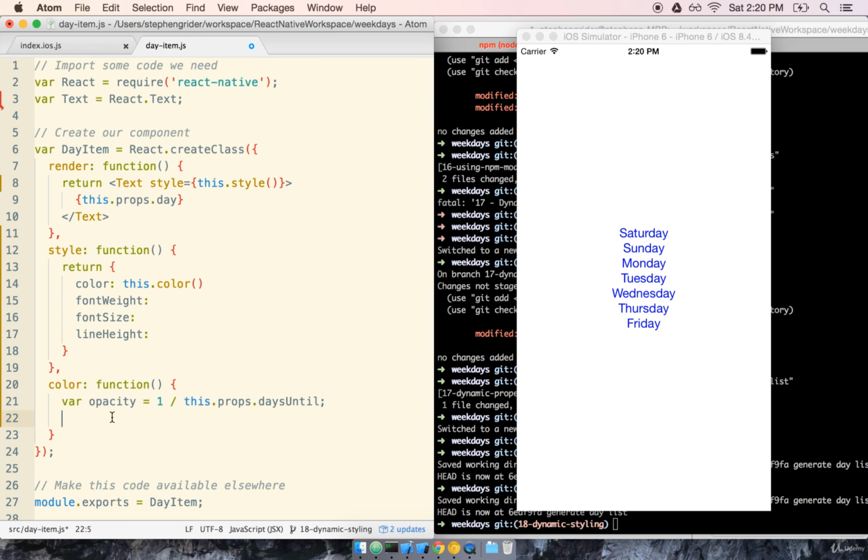So to assign our opacity, we actually have to insert it into an RGBA string. So we'll say return rgba(0, 0, 0,